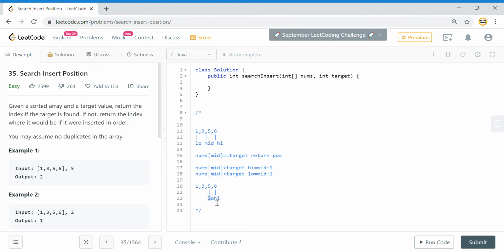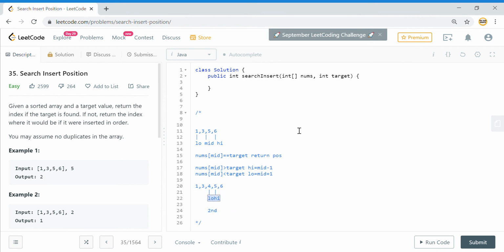My low is positioned at the second position, since the indices are 0, 1 and 2. If I had 4 in this array, it should have been just before 5, so the position of 4 will be the second position, which is given by my low.